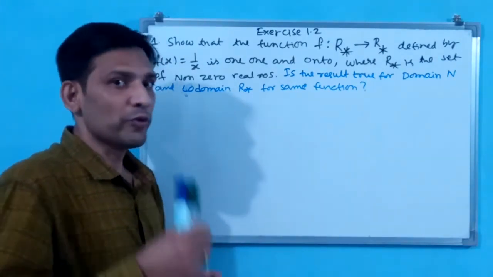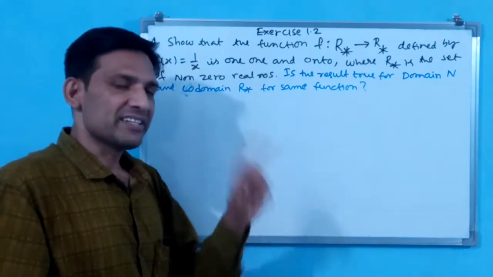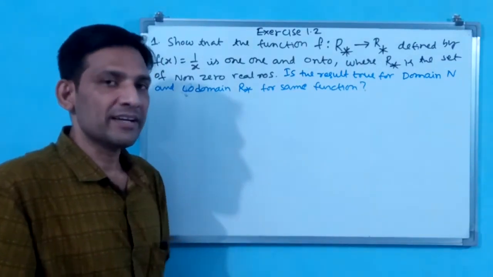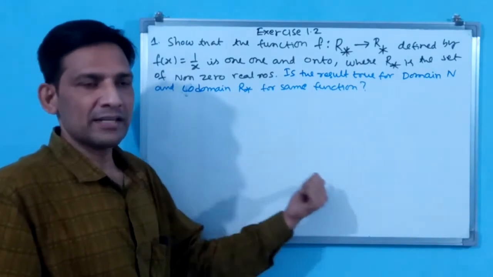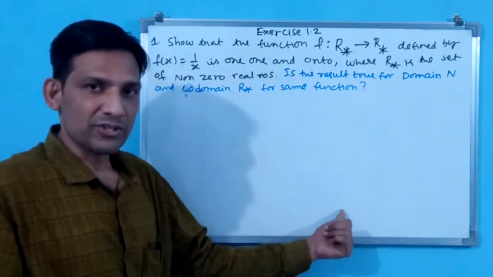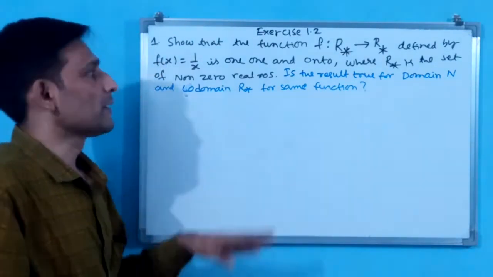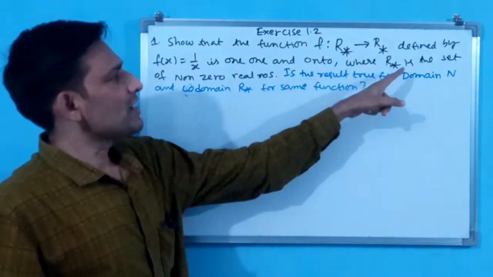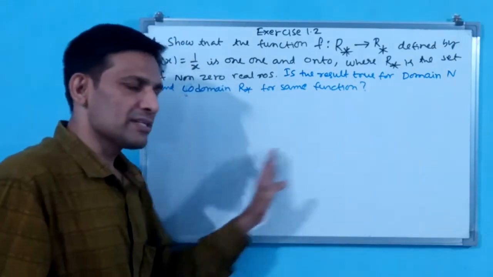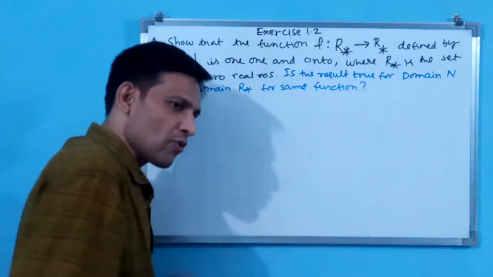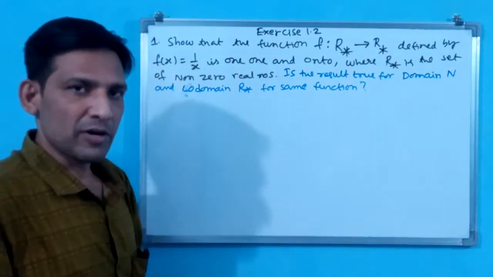Now how did we show an equivalence relation? Reflexive, symmetric, transitive, three relations are there. Here also, if it is one one and onto, injective and surjective, then that is going to be called a bijective function. We have to show this as a bijective function, where R star is the set of non-zero real numbers. That means R is real numbers only, but R star means among these real numbers, 0 you have to remove, non-zero real numbers.